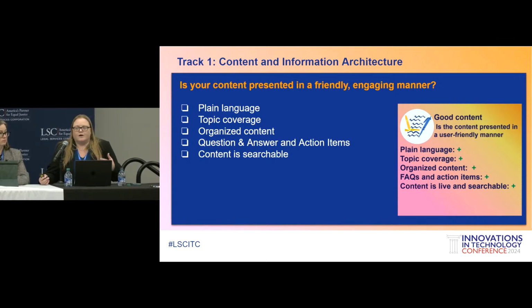And then one thing that we are actively working on is getting rid of that wall of text. When people see sentence after sentence, paragraph after paragraph, they get intimidated and they just turn off and leave your site. So we have started to institute question and answer formatting. And we make sure that we also implement actionable items that help empower the user so they can walk away knowing about their rights or what their next steps should be.